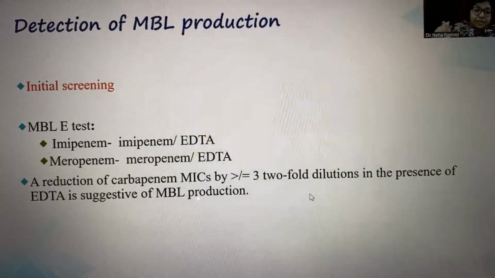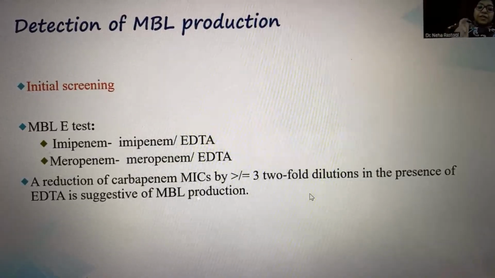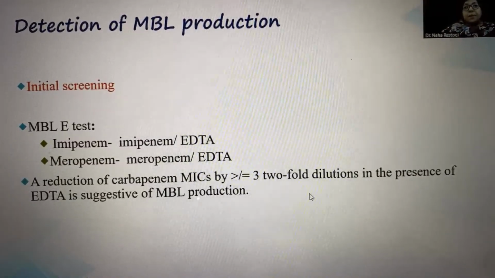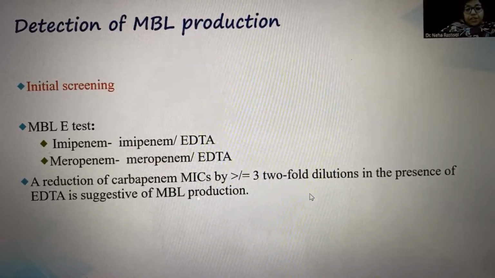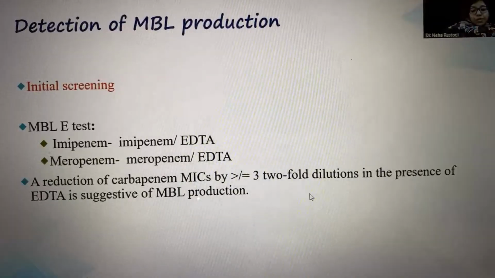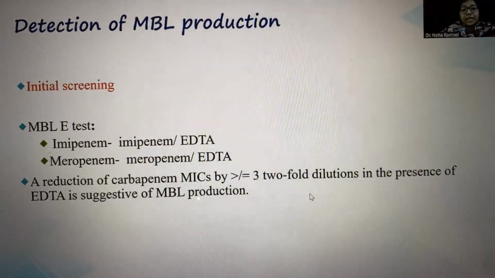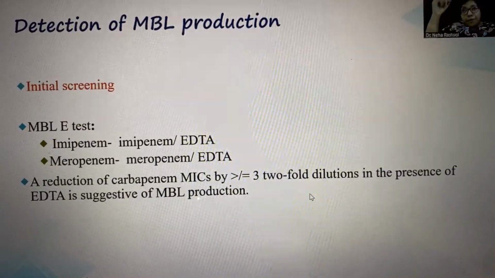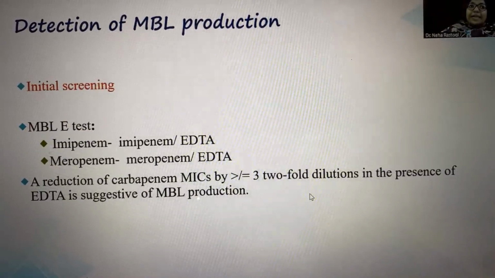Modified carbapenemase inhibition testing, always either by using the imipenem plus EDTA or meropenem plus EDTA, where they see how, because EDTA is for the metallo-beta lactamases production, and they can see that a carbapenem drug alone versus the drug with EDTA, if there is a threefold change of dilutions of your concentrations, that clearly indicates that